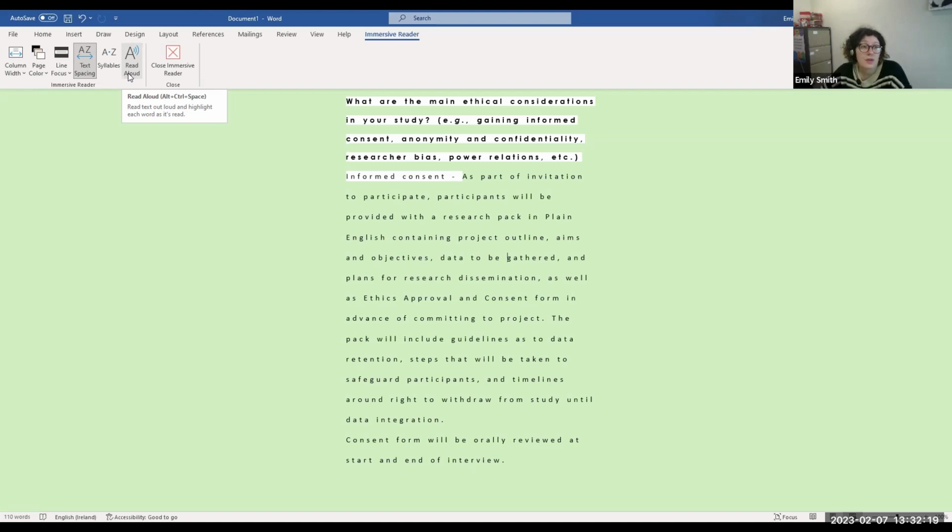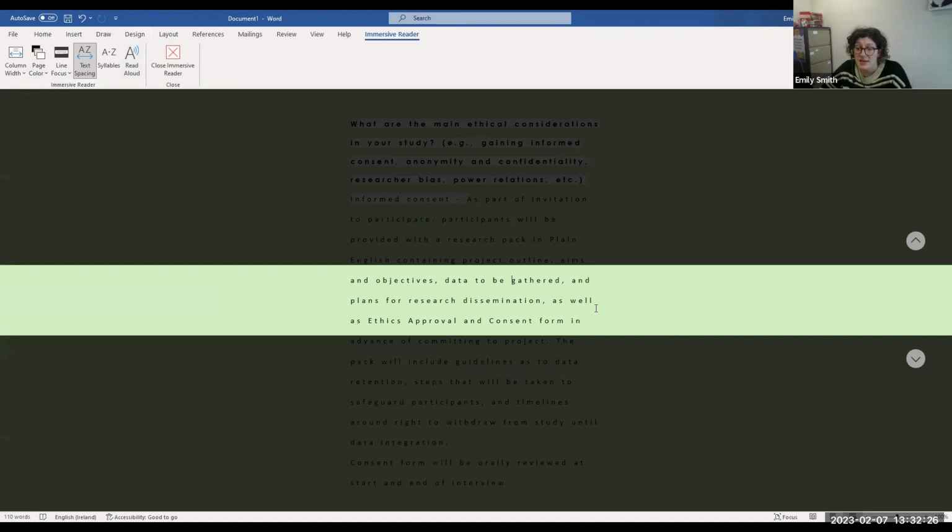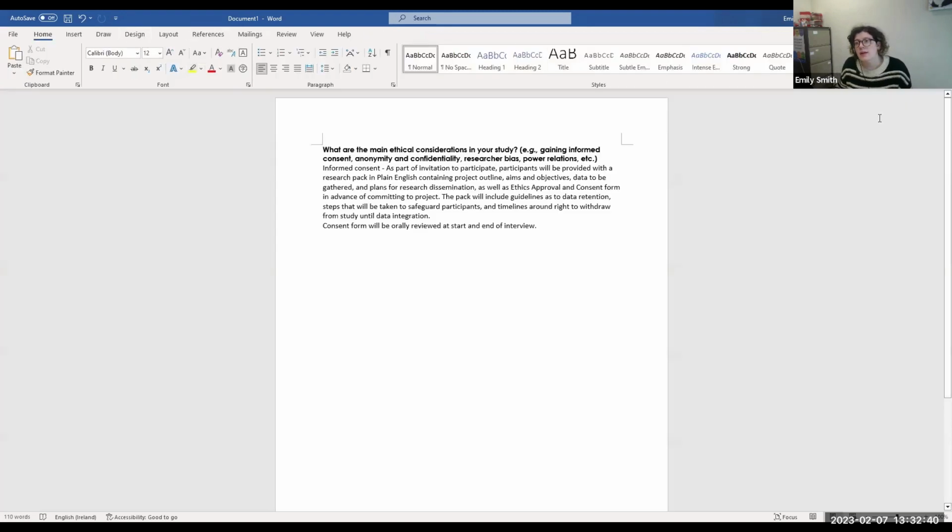You can also then use it if you're wanting to just focus on one particular wee bit of an essay, using your reading ruler there. So it's quite a handy proofreading tool. You've then also in Microsoft Word, the other feature I wanted to show you is the dictation function. Okay, so